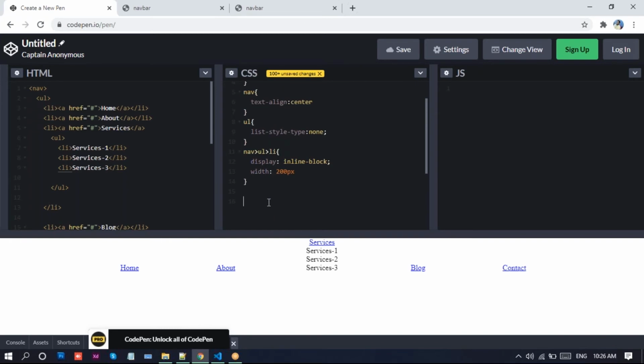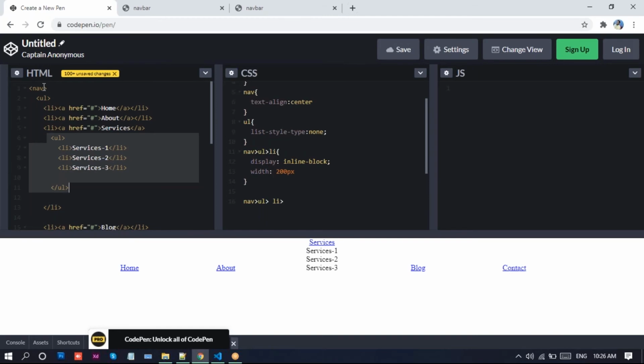Next, we need to hide this navigation. First I'll take the nav, and in order to select the child element I need to select this UL part.